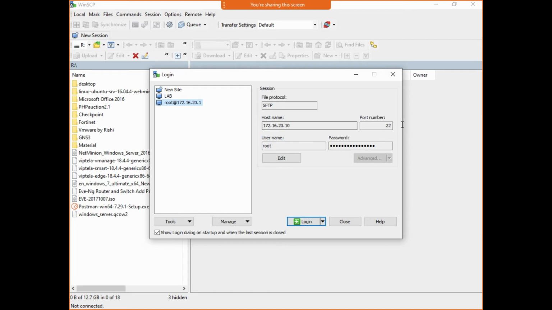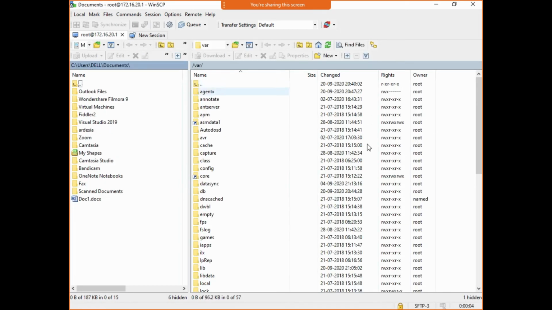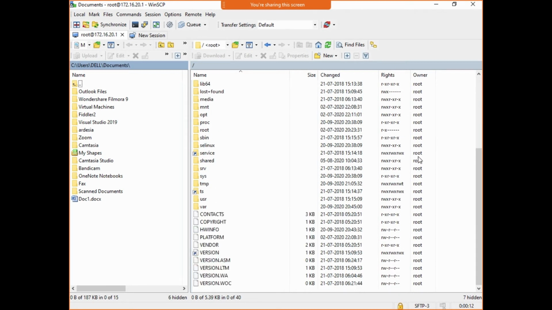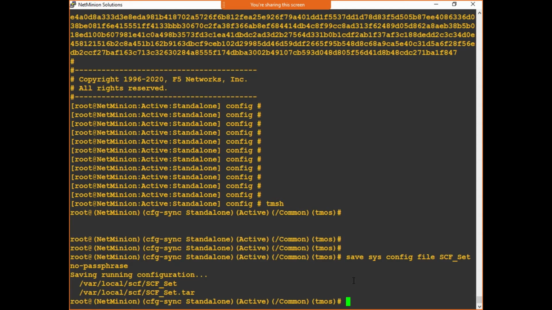And can you see, I have provided the host name, I have provided the username, I have provided the password. If I log in, it will get logged in if everything is okay. So let me show you. So this is the whole file system of my BIG-IP unit. Just go over here, go into the root, and you can see all of the files of the root over here. Yeah. So now first let it be checked.